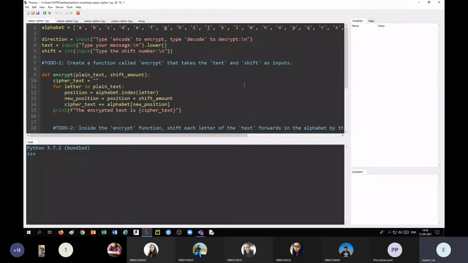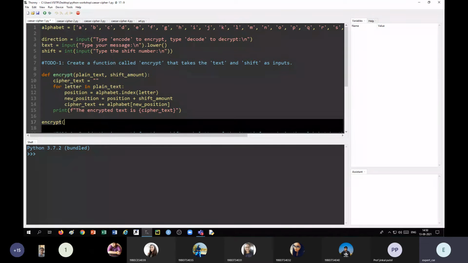Now we have to call this function. So encrypt, with the 2 input arguments, that is text and shift. I have to use text and shift.